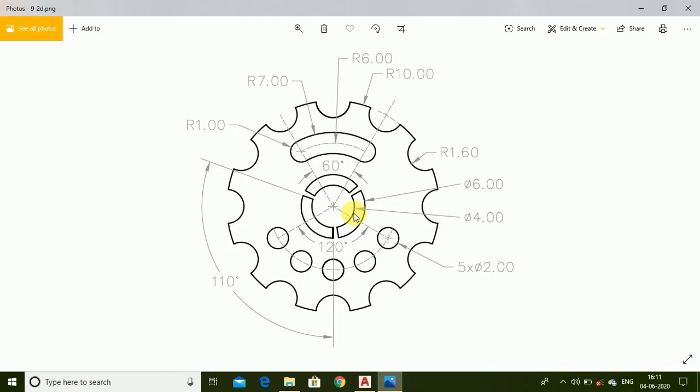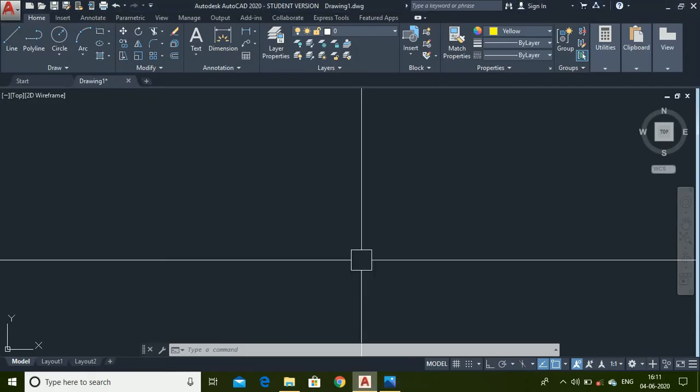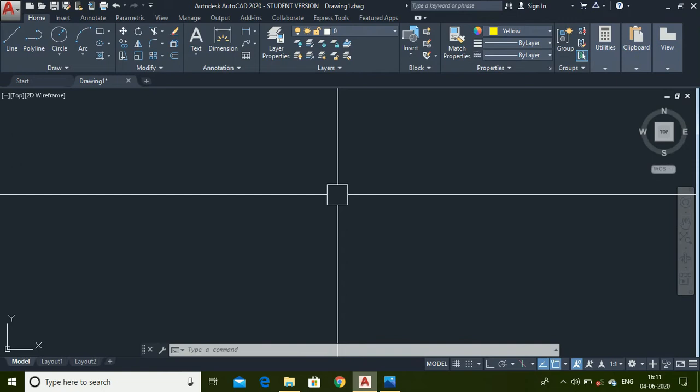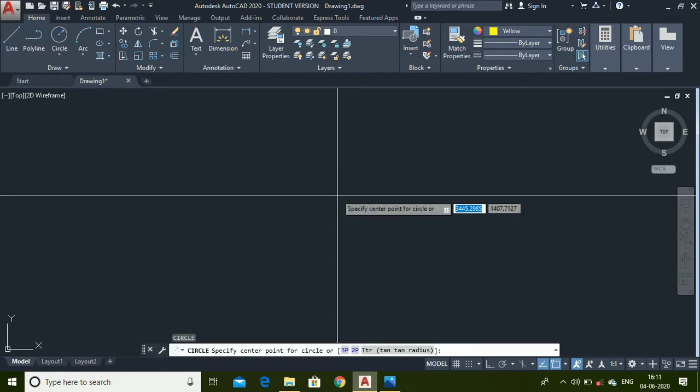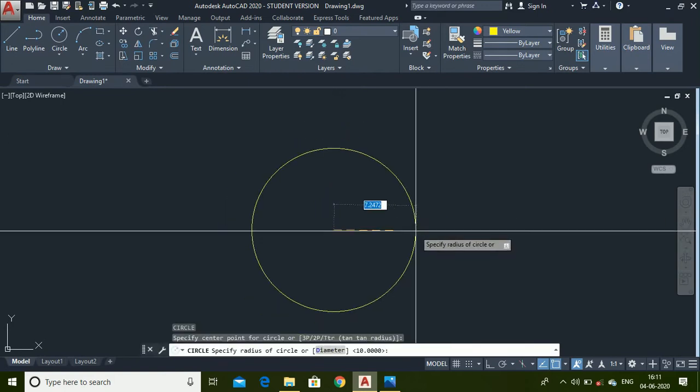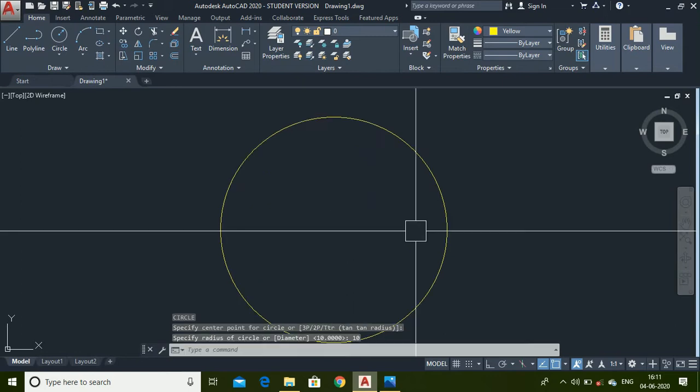In order to make this diagram, the first step is to make the outer circle which has a radius of 10 units, and then we can start making the number of profiles. So let's start with making the circle. For your convenience, I use the yellow color for a better view. So let's make a circle having a radius of 10,